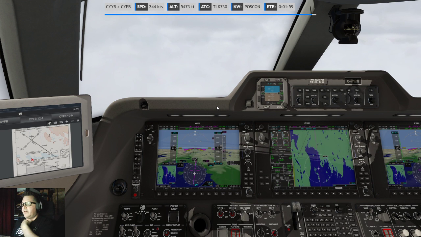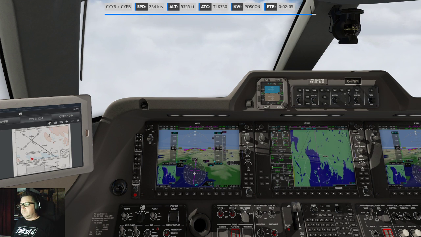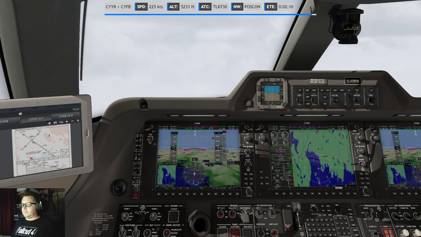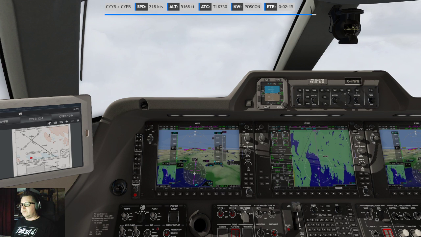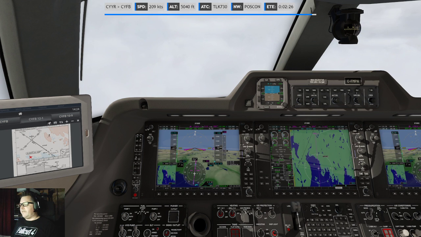Slow it way down. And go flaps. All right, let's not put on flaps right away.